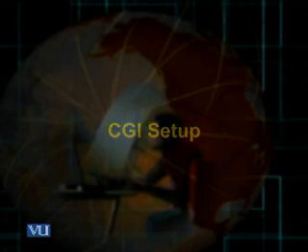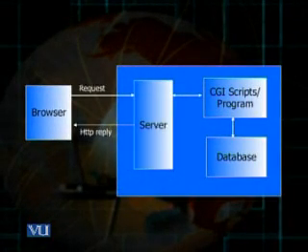I want to explain this concept of CGI setup to you, and for that I need to show you a slide. You can look at the screen. There is the CGI setup. On the left end, there is the client side, the browser. On the right end, in the bigger rectangle, you can see the server side. There is the server and then the CGI scripts or programs which are running on the server side, and then there is some database in which some tables would be stored.